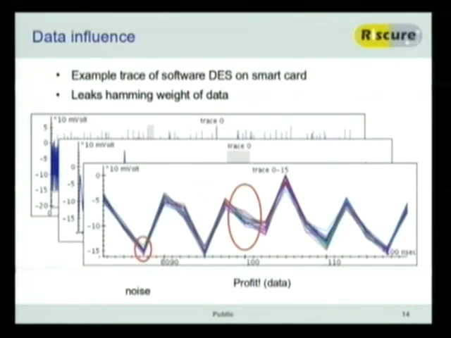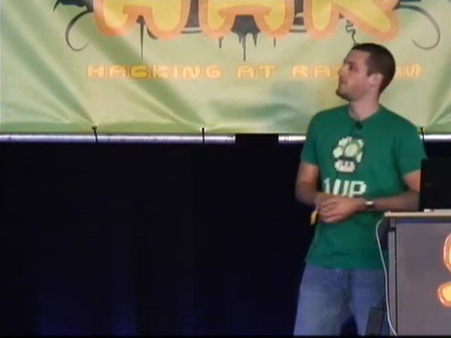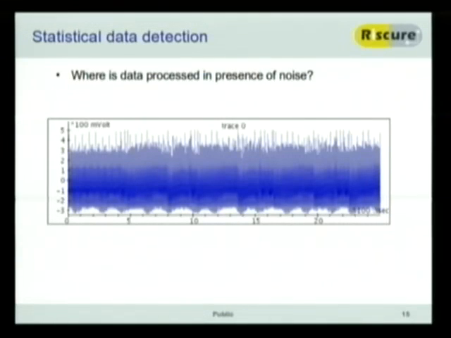Because this is actually the data influence. So actually the fact that a byte has a different data value gives a different power value. That relation, that's bingo. That's, for us, that's profit, I guess. Now that's great. We don't see that anymore, because nowadays manufacturers know about these kind of things. So we typically get more traces like this. It's just one big band of noise. So you have to go into more statistical methods to actually analyze these kind of things.